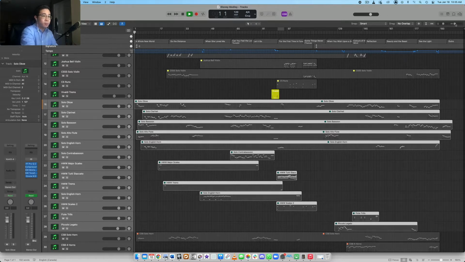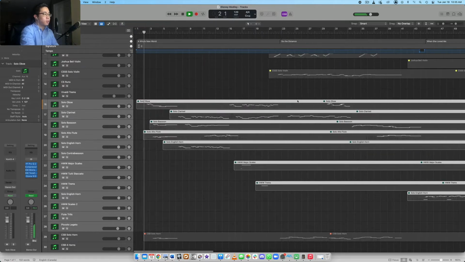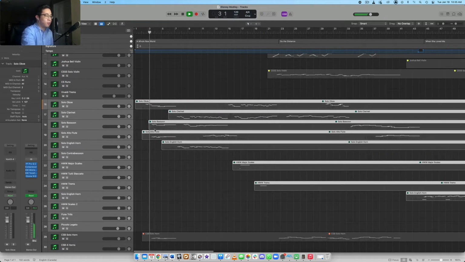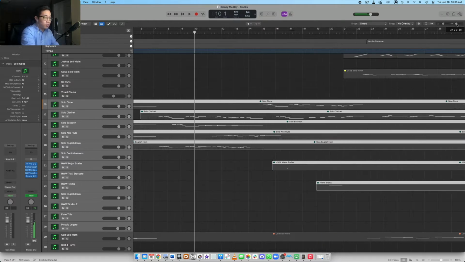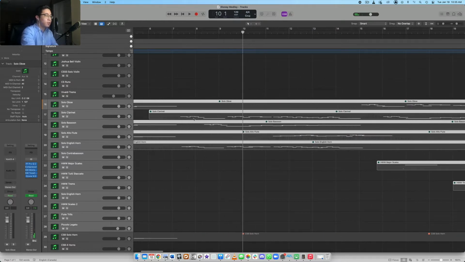This is the intro. There's the oboe, solo bassoon and flute come in, and this is one phrase. And then after the phrase, you want to let them breathe, take a break. Now we have the solo English horn and the solo clarinet coming in. And notice actually right after this first mini phrase, right here, I